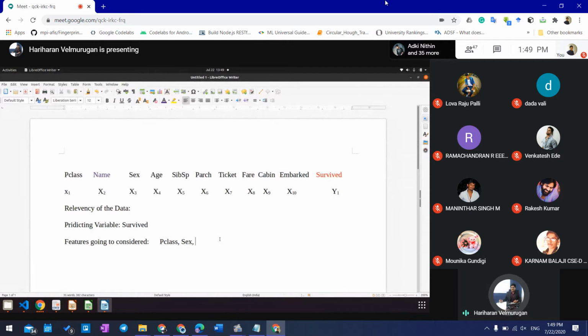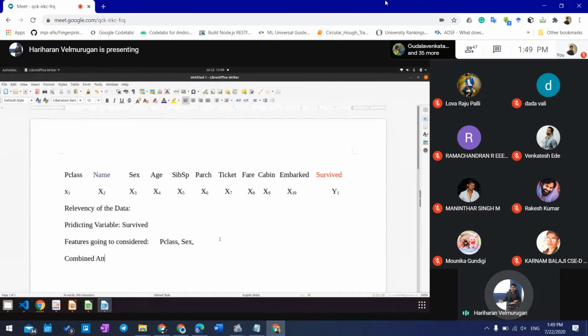I'm just considering age. Why I'm considering the age is if it is a born child, it will be with the mother, and consecutively, if it is going to be a mother who is having this child, they will be allowed for the lifeboat. So there you can understand the X3 and X4 can be combined together in some scenarios. I'm not mathematically saying, I'm just saying the guess. Okay? So the combined attributes are,